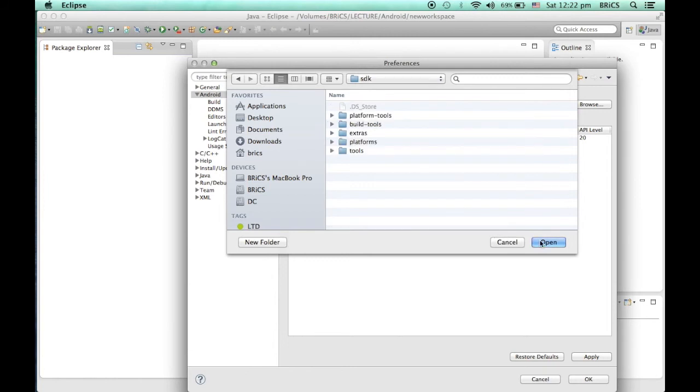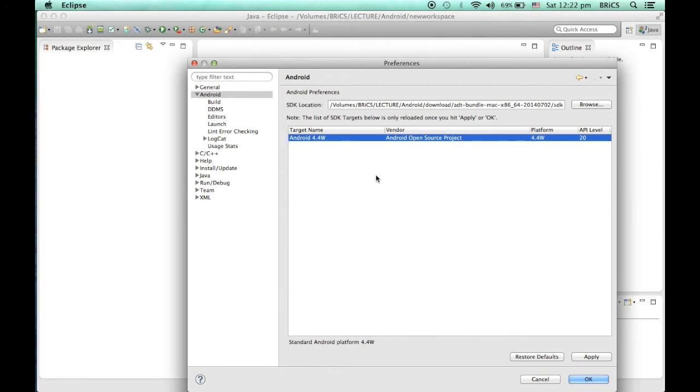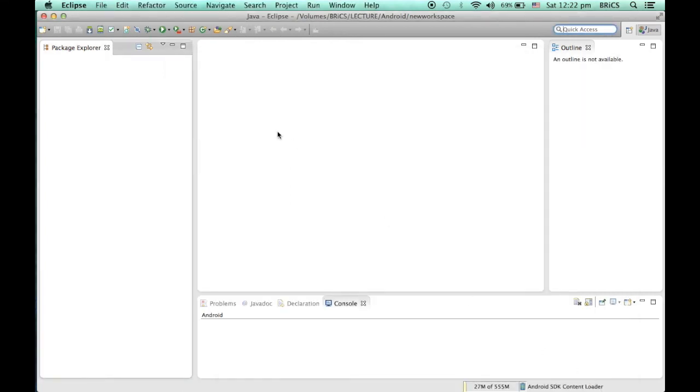Click on open, so it will set the path, and then click on the Apply button. Once you click on Apply, you will see the link Android 4.4W, and then click on OK. So now you are fully ready to use Eclipse for your development.